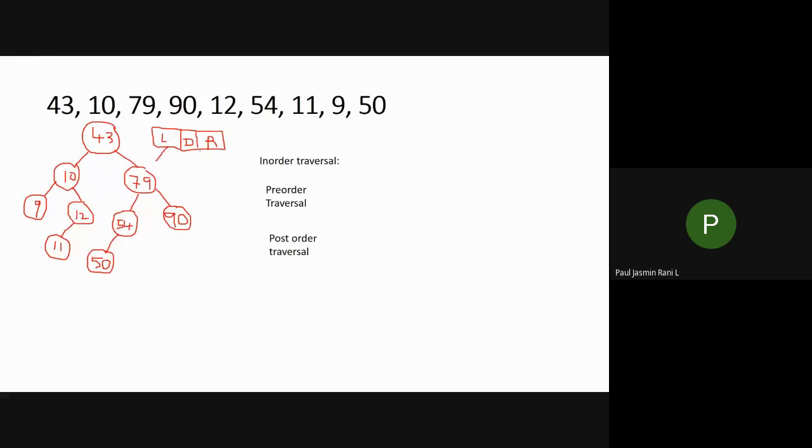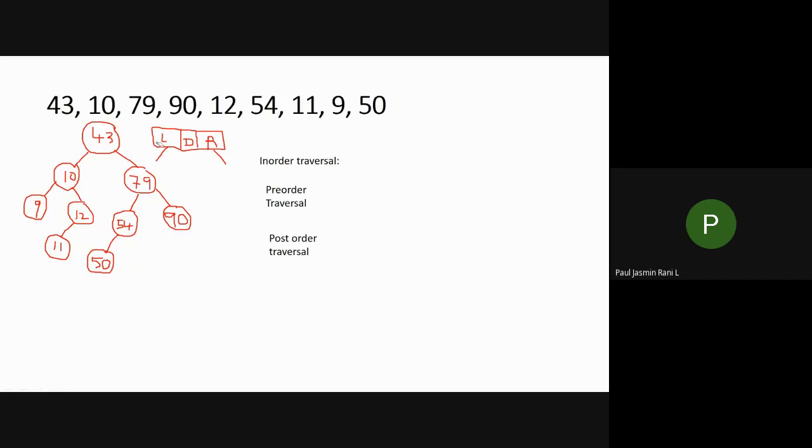And if I want to travel along a right subtree, with the help of your right child address only, I can visit your right subtree. So in order to travel along your left side or right side, in order to do traversal, I use the pointer address. But if I want to go for your comparison, I use the data. So that is the use of the fields: left child, data, and one more is right. This is how you have to do the traversal.